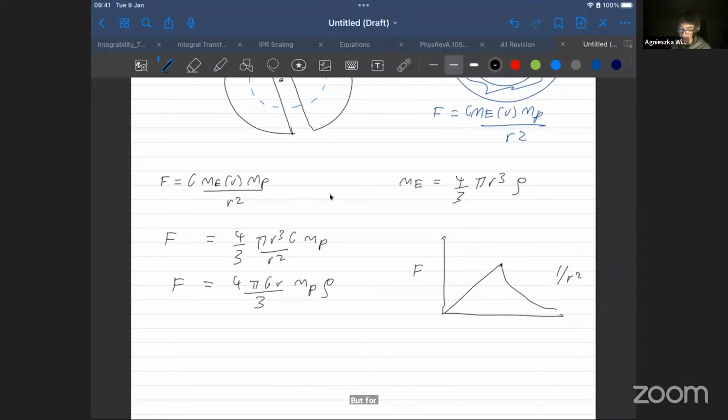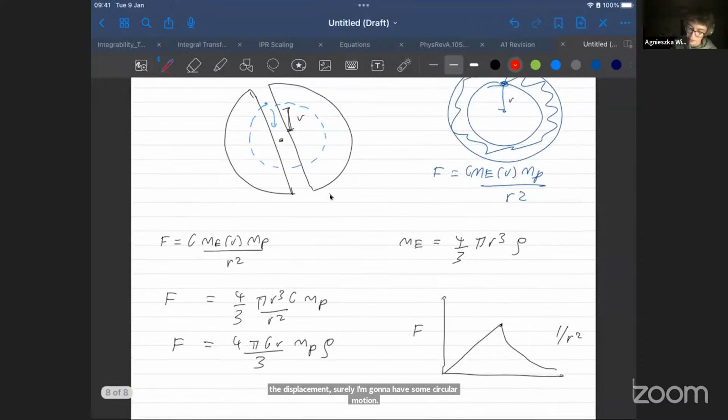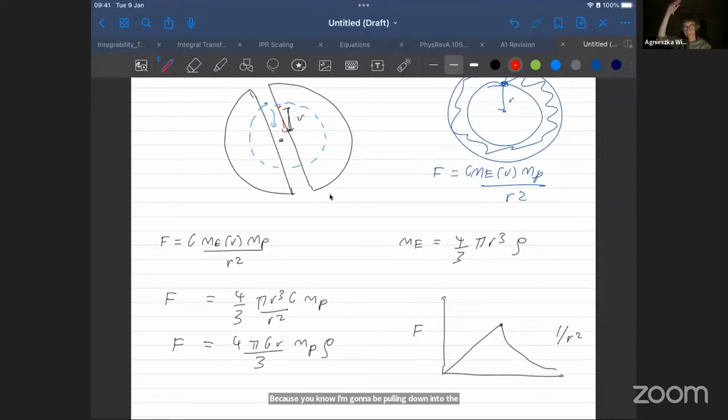So we have a force which is proportional to the displacement. Well, if I have a force which is proportional to the displacement, surely I'm going to have some circular motion. Let's check my logic. If I'm here, I'm going to be getting pulled down into the tunnel because the force always acts towards the middle. And when I'm here, I'm going to be getting pulled back, which is exactly the sort of thing that I have for circular motion. I have a force which is proportional to my distance from the midpoint,